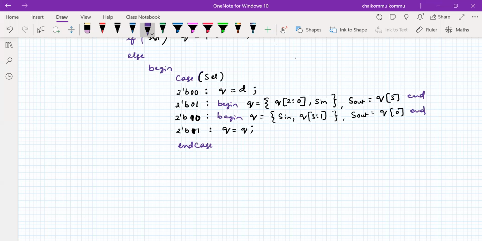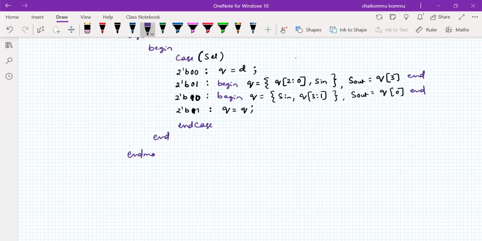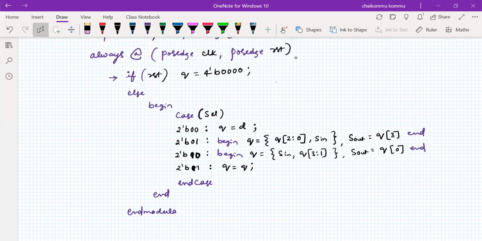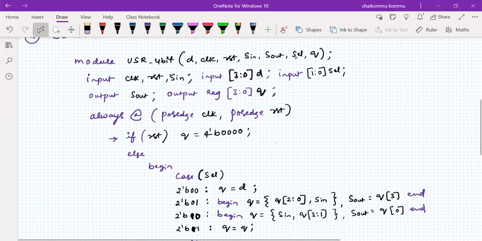So when we wrote begin, we did not write AND. I am considering this is the only one statement, an if else statement, so here I did not write begin and. Therefore, I will directly write AND module. Please remember the point: since cout is written inside the always statement, it is necessary to write it as a register data type. Okay, reg sout. Don't forget to write like that.